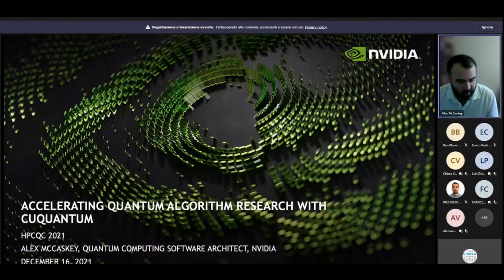The previous talks have been really interesting, so I'm excited to be here, and I'm excited to present today on what NVIDIA is doing in the quantum computing space, specifically thinking about accelerating quantum algorithm research with a new product called cuQuantum. NVIDIA obviously is very famous for its CUDA platform, its CUDA programming model, and building libraries on top of this for different mathematical tasks, different application use cases, cuFFT, cuBLAS, and all these different things. And now we've got a new circuit simulation tool called cuQuantum, and I'll be focusing on that for